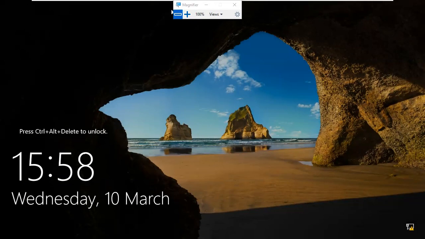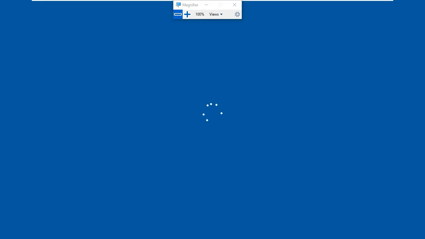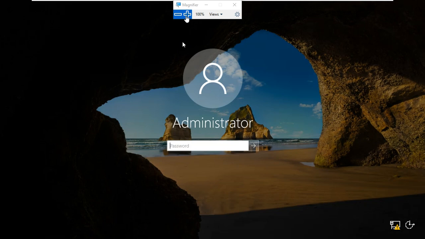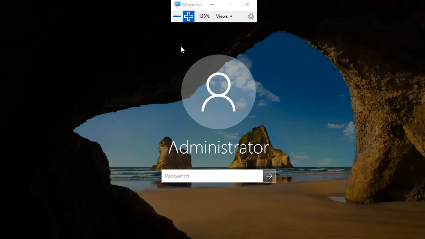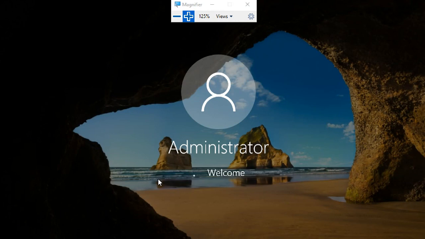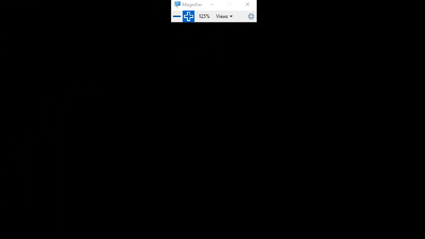Alt Control Insert, with the function key, because we are using a laptop. I'm logging in. My administrator password is admin@123. Why admin@123? So that I don't forget it. So it logs in to my PC.